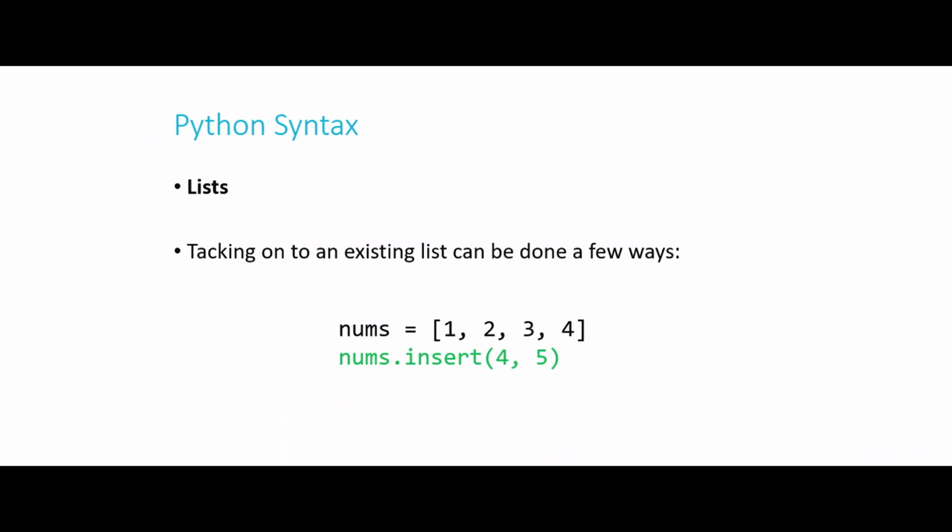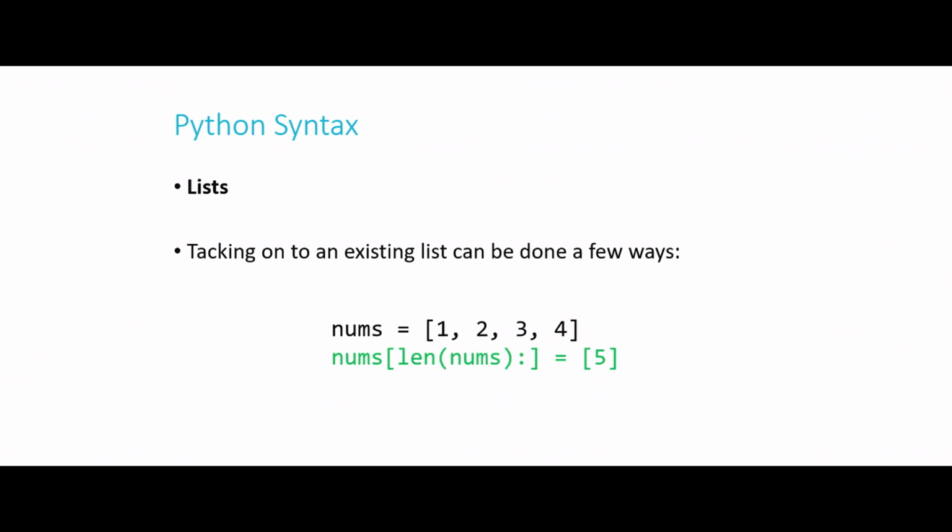This line of code would do exactly the same thing. nums.insert(4, 5). Well, what does this mean? What's happening here is we're inserting in the 4th position, again, counting from 0. And if you remember how we count in C, we know that 1 here is in the 0th position, 2 is in the 1st position, 3 is in the 2nd position, 4 is in the 3rd position. So what we're doing here is really just inserting into the 4th position the value 5. So this line and this one that we just saw do exactly the same thing. They put a 5 at the end of that array.